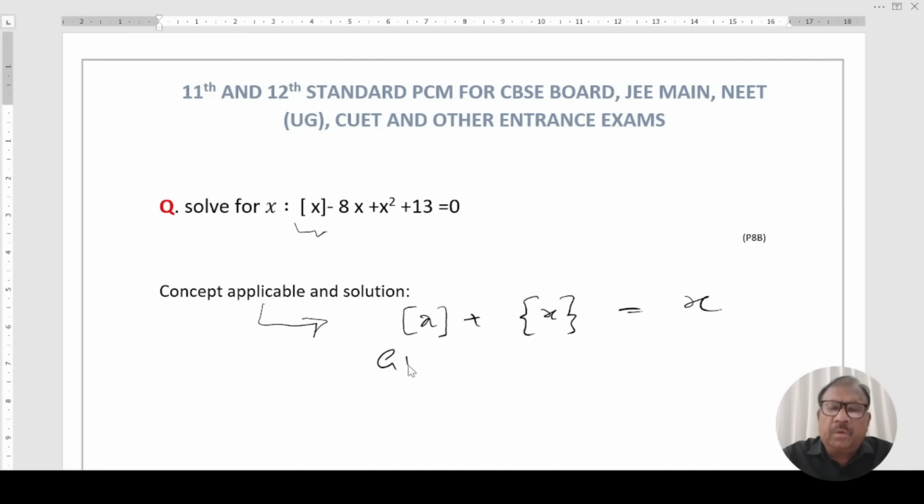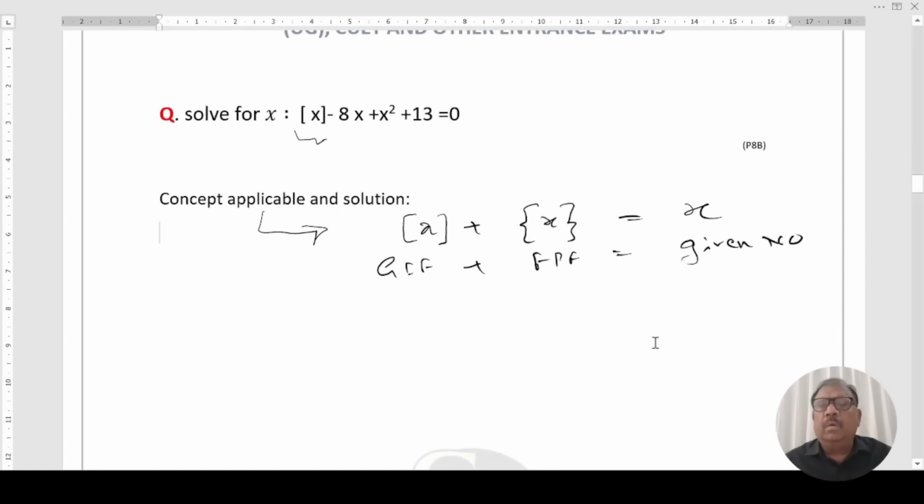Means greatest integer function plus fractional part function equal to given number. In this case, answer is